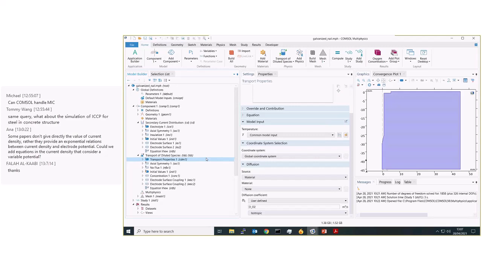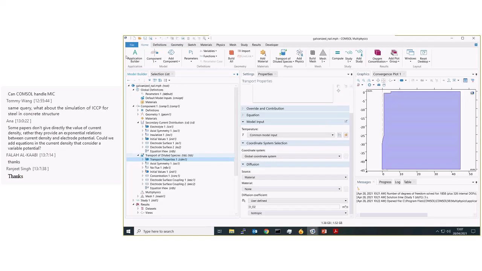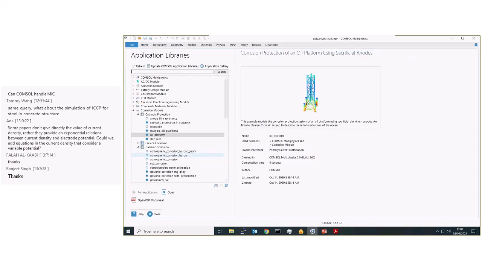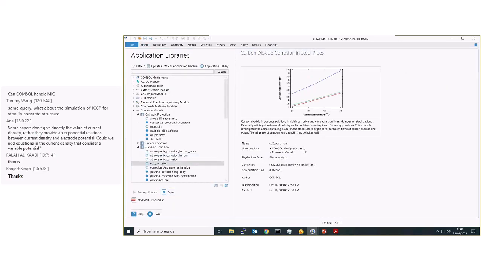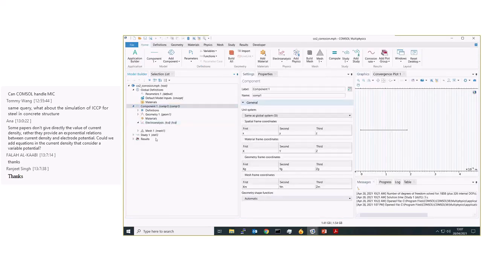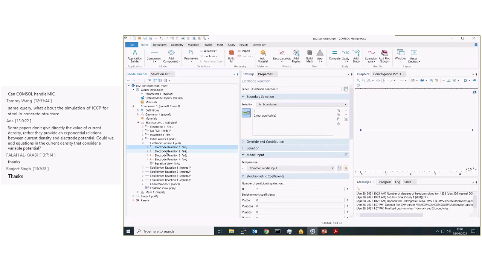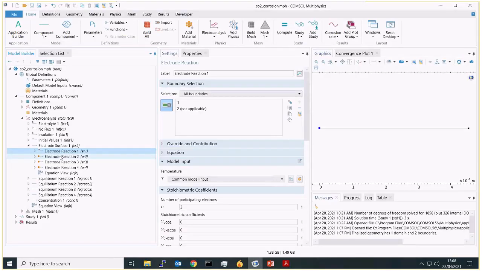I'm not entirely sure on that one, but basically, if you can define the electrochemical reactions which are occurring, as well as the chemical reactions, as we had with the CO2 corrosion, where we have the equilibrium reactions defined and the electrochemical reactions going on at the surface defined as well. It doesn't really matter which species you have involved, as long as you can define the rate of conversion between the different species and the electrochemical kinetic parameters, so your equilibrium potential and your exchange current densities.